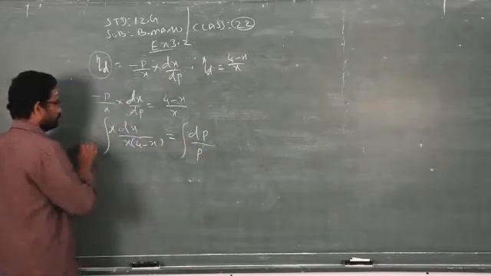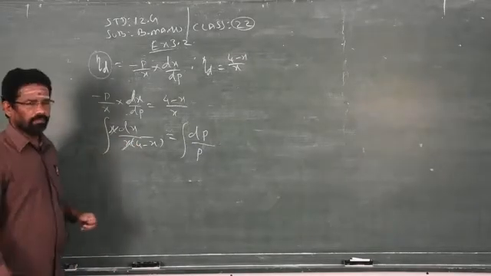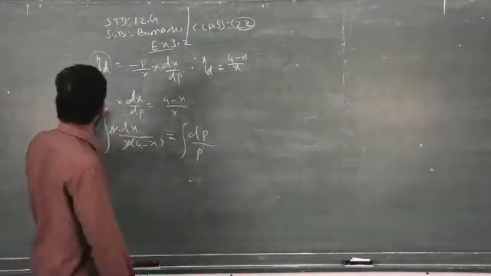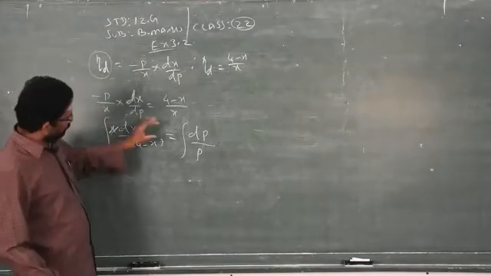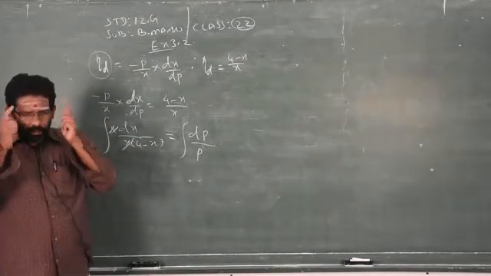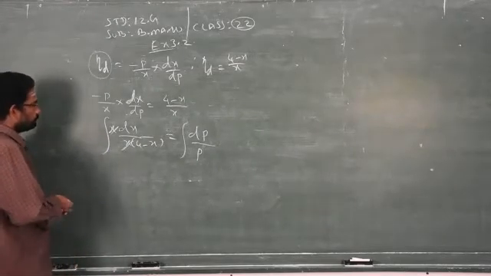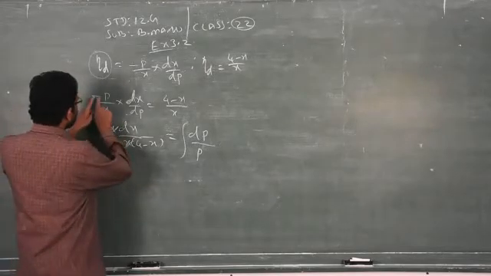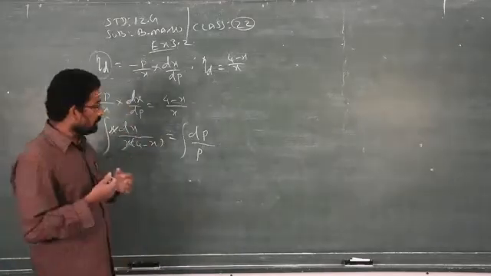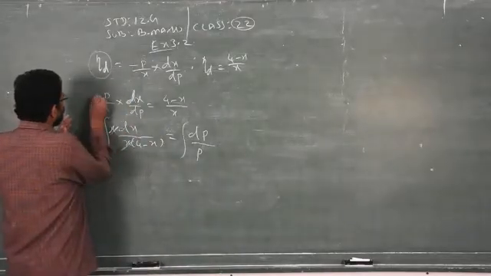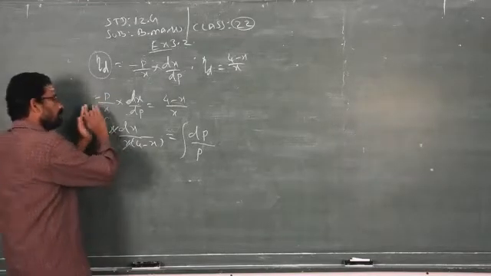Now we can put the integral symbol. The x will get cancelled. Now the question is, sir, there is a negative sign. Where should I keep this negative sign? Very simple. Either you can keep the negative sign on the left side or on the right side. That is your wish. But you think a little for doing the problems in a very simple manner. If you keep the negative sign on the right side also, you will get the same answer. I did not say you will get a wrong answer. But I suggest you consider whether you have to retain the negative sign on the left side or you want to transfer the negative sign to the right hand side.